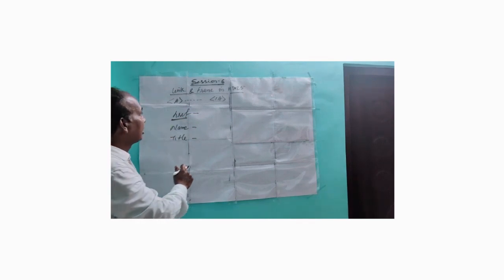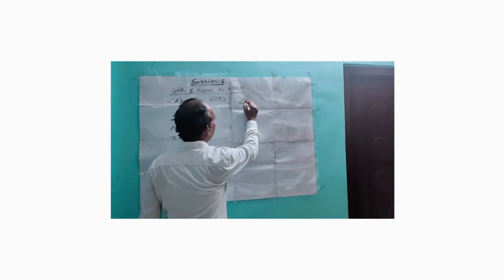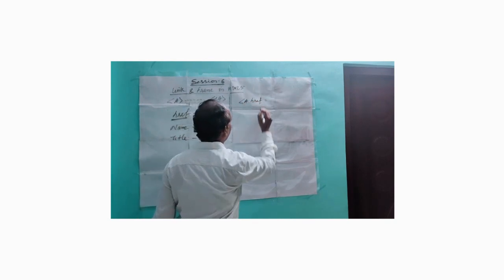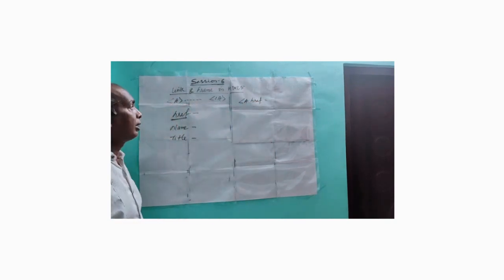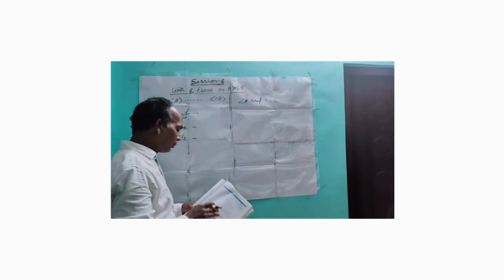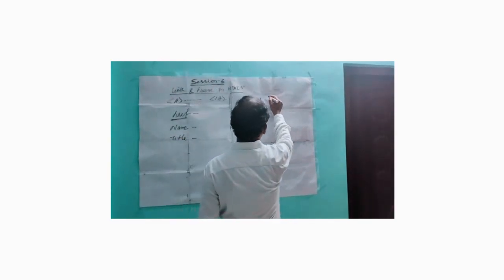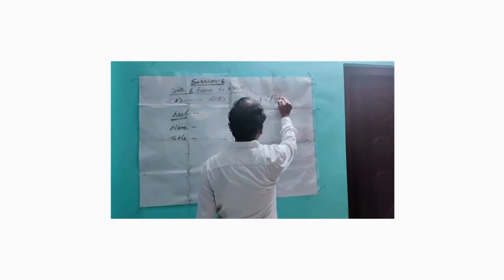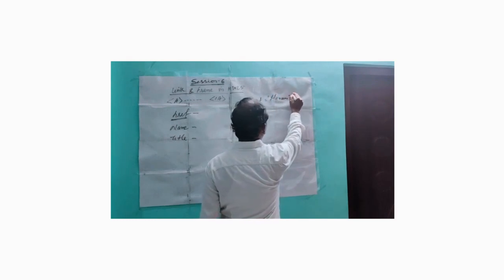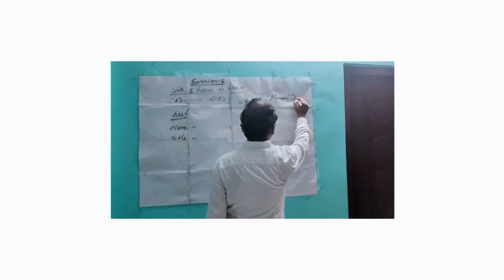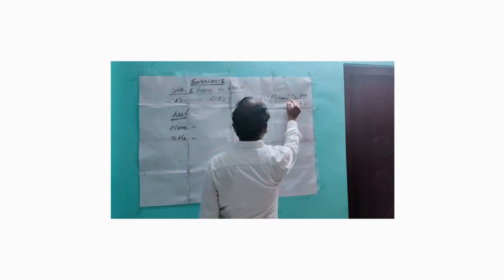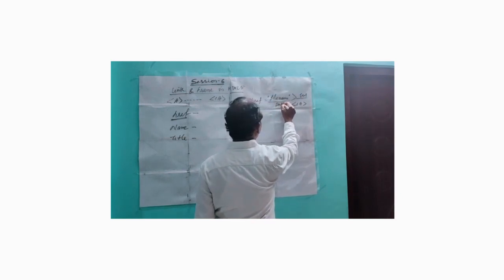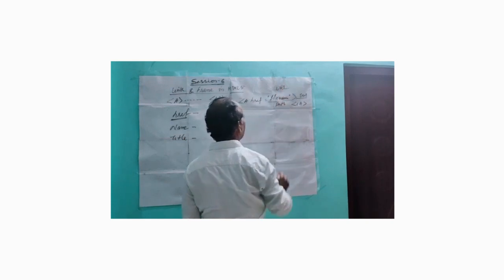In these cases, href is used to set the URL. So from where you are bringing the URL, there is a path, a complete URL. The example of href is href. You can write here the file name, then close the tag, then the text, then close the anchor. So this is the complete path. You can say the file name, or it is a path, or you can also say it is a URL.